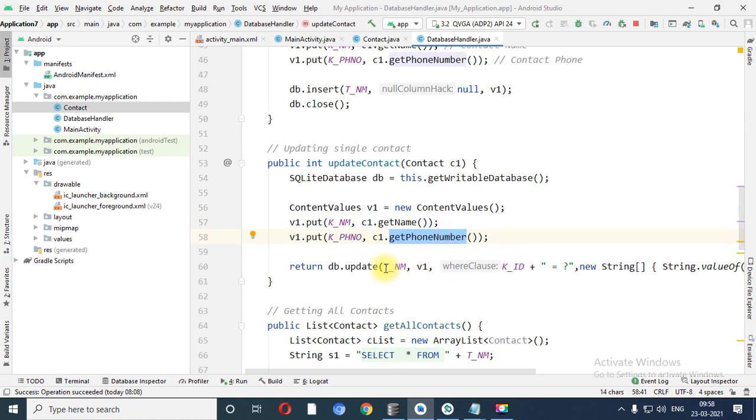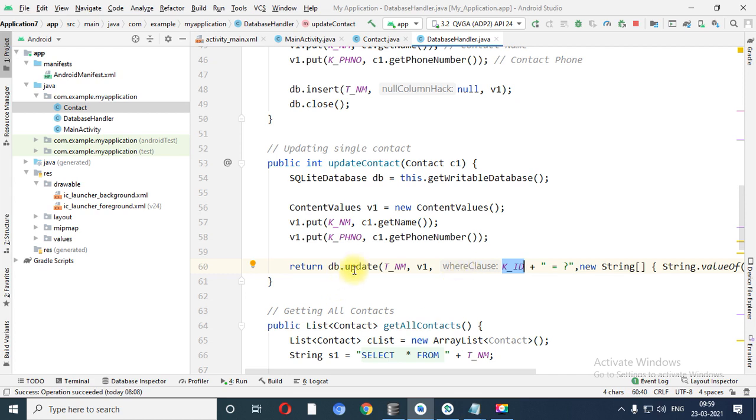Now which table do I want to update? Table name with values v1, and v1 is a collection of ABC and 1, 2, 3. Where clause? Because with the update I need to use where. Update table, table name. Then city equals to new city, where ID equals to this, right?